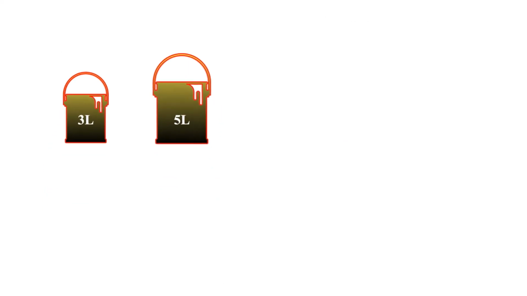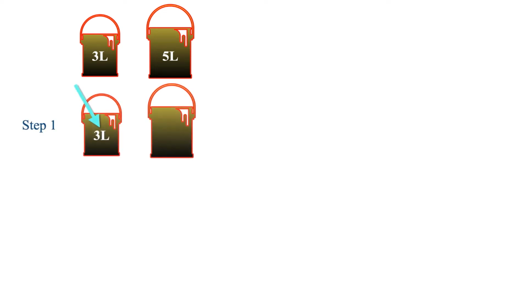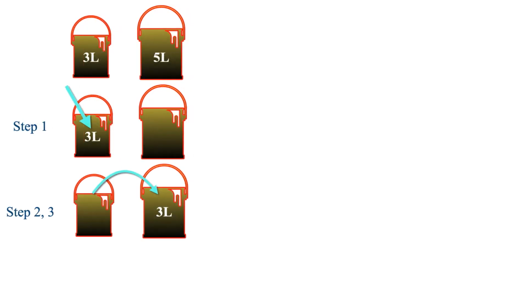You have to follow these steps to solve this puzzle. In the first step, fill the 3 liter bucket completely. In the second step, pour that water into the 5 liter bucket. In step 3, now the 5 liter bucket is filled with 3 liters of water, where there is space for 2